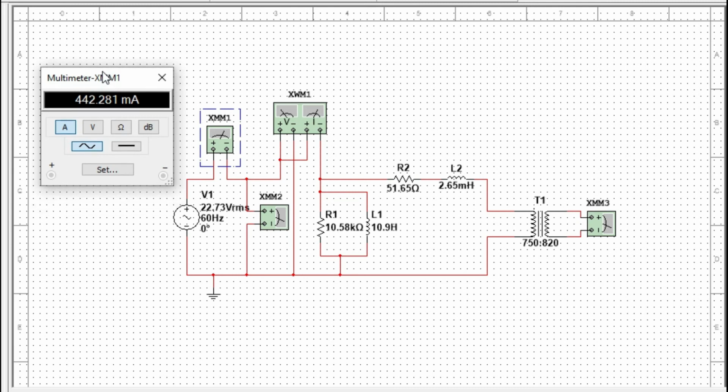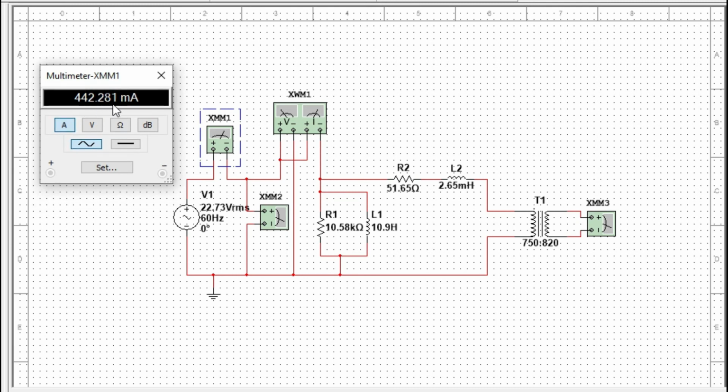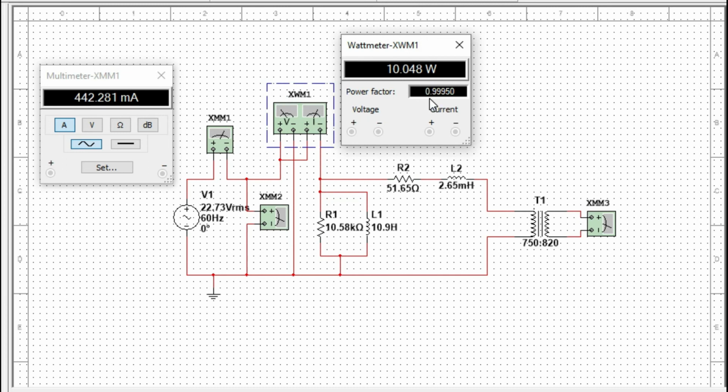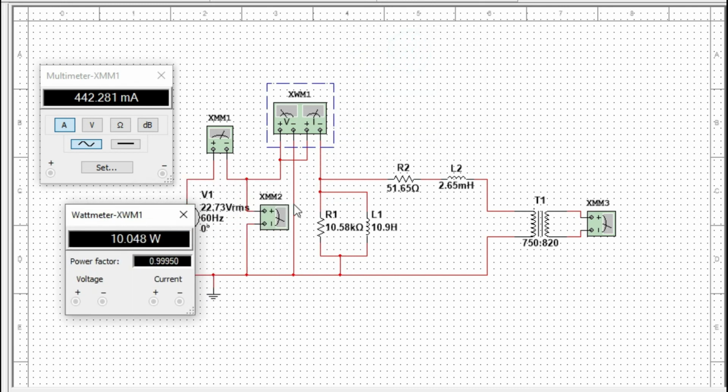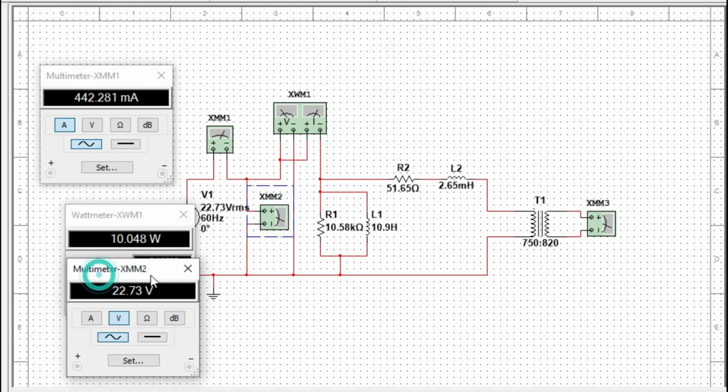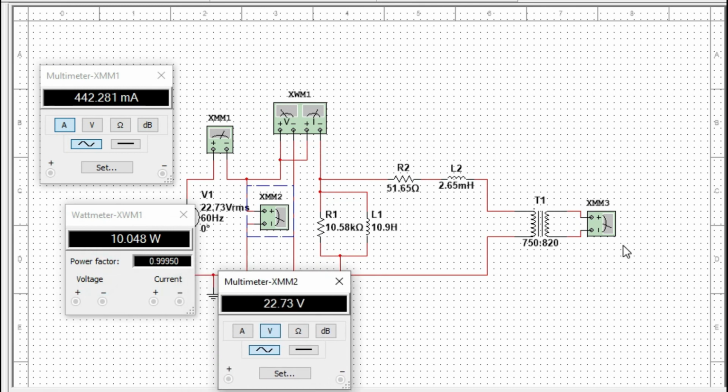This is the current I1, 440 milliamperes. The power factor that we got is 0.91960, the power is 10.048 watts, and the voltage is 22.73 volts,